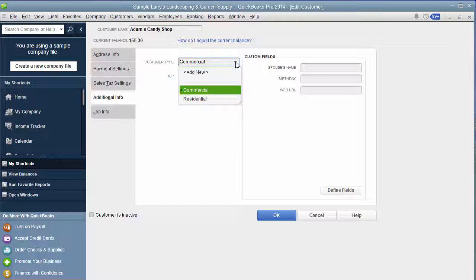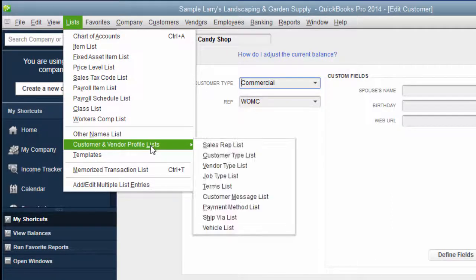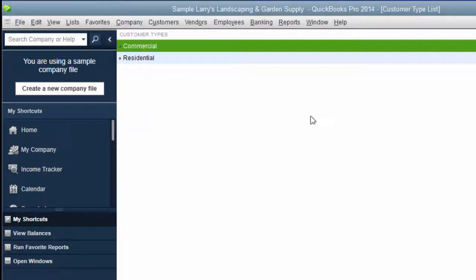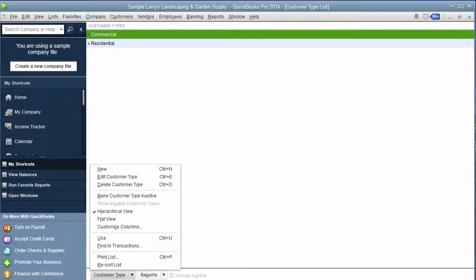So what I was just mentioning was about wholesale and retail. And then this one, it's commercial and residential. It can be whatever you want it to be. So if you go in here and under customer type, there's something in there that does not match what you want it to be for your business, you can actually go up under Lists and go to Customer and Vendor Profile Lists, and then click on Customer Type List and they're in here and you can right click to edit them, delete them, add a new one, whatever you want, or you can go down here to the bottom under customer type.